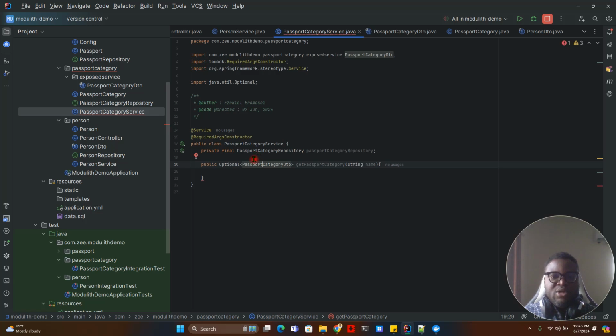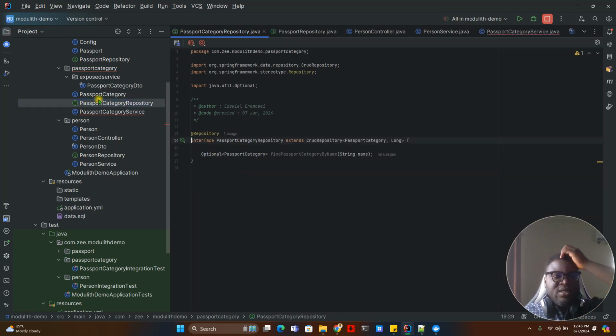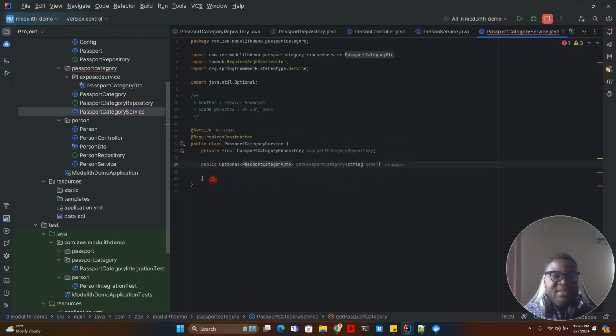Okay. So returning the option now. I've gone ahead to create, if you check this, we'll find the passport category by name, right? The passport category by name. So I'm returning an option now because it could exist. It's possible it doesn't exist. So coming back in here,